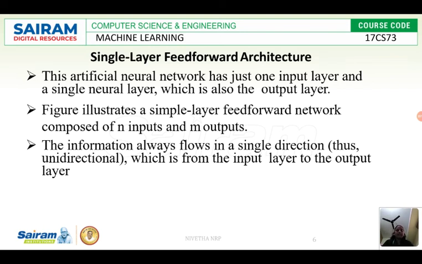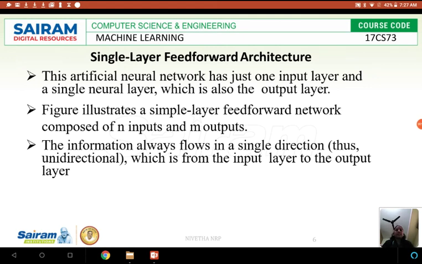The output of the input layer is given to the intermediate layer, and the output of that is given to the output layer. We are progressing forward. That is why it is termed feed forward architecture.